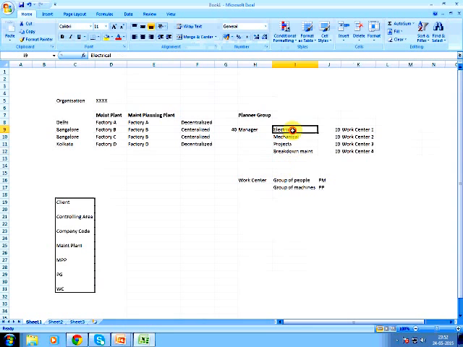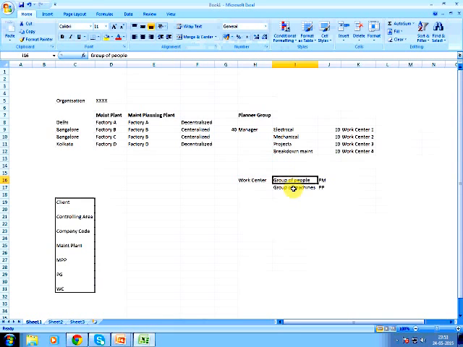So these 10 people become one work center, these 10 people become another work center, like this each 10 will become a separate work center. It can vary. I'm saying 10 just as a random example; it can be 1, 5, 10, anything, and it will not be equal either. It will depend upon the number of people doing this specific maintenance work. So what it means is, a work center is a group of people.